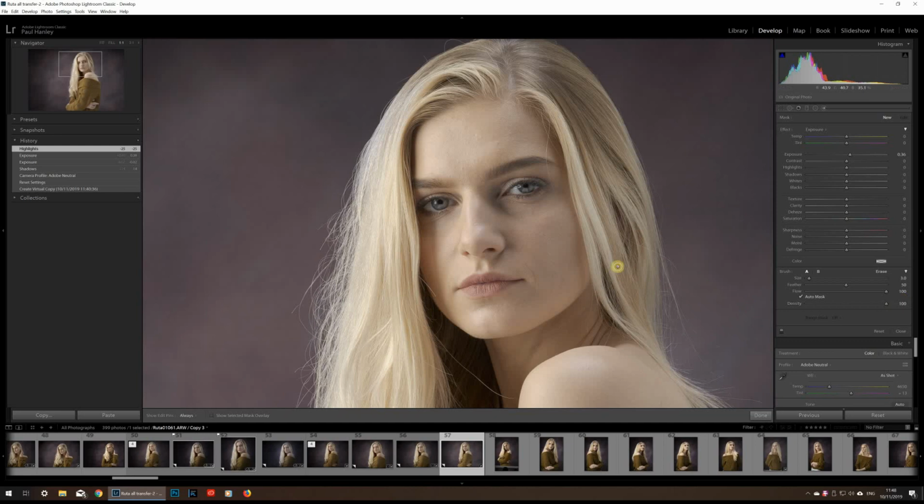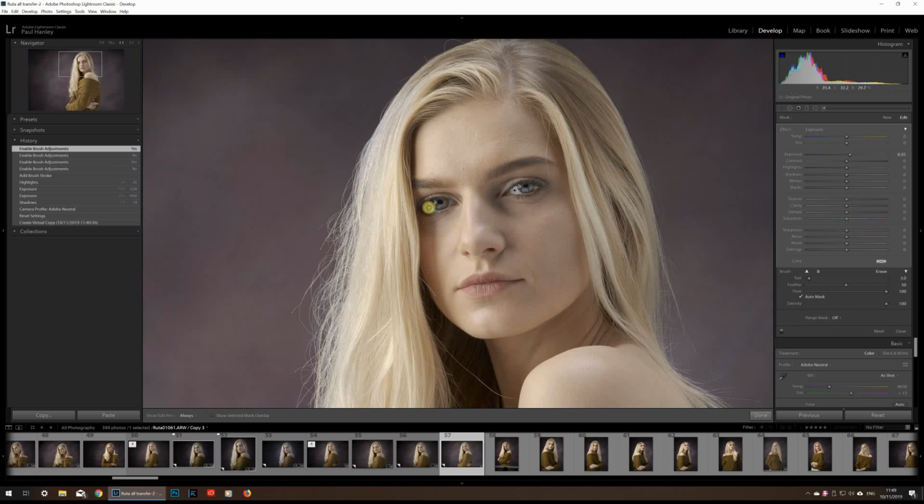The joy of the brush tool in Lightroom is that the strength can be changed after the event using the sliders here for whatever you are applying. So we've got flexibility. I don't have to lay it down in layers. I can control the amount of exposure, increase or decrease here. I don't need to control it in a brush-like manner that I maybe would with the dodge and burn tool in Photoshop. So just on the eye, a third of a stop increase in brightness, and we can turn that on and off. So, not a marked